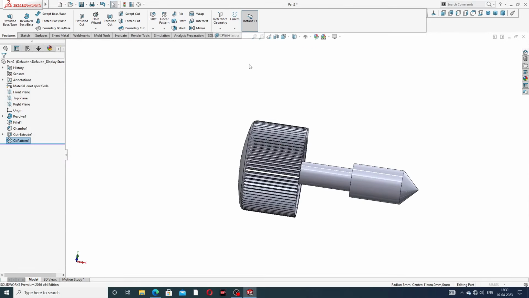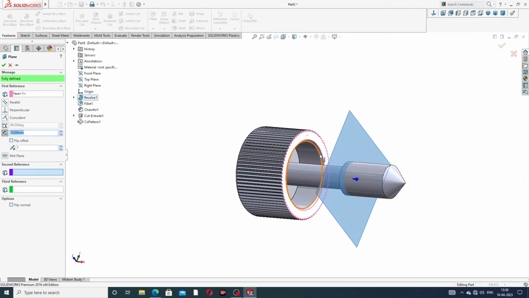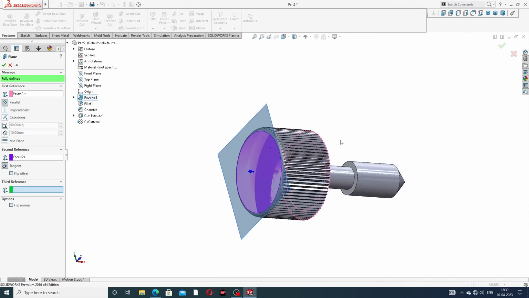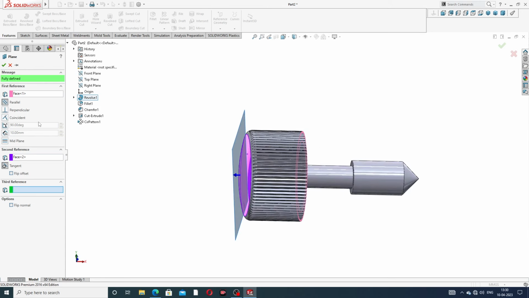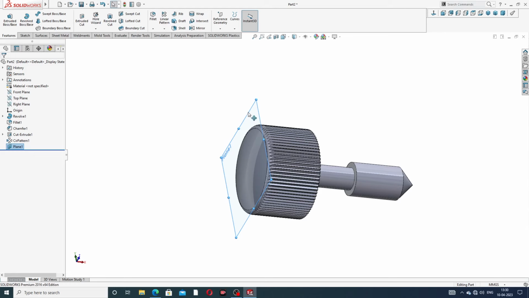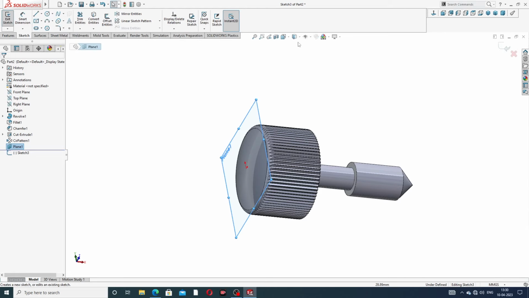Okay, click a plane, select a this and use a this. Okay, and this plane is use a two relation is a parallel and tangent, both is a okay, and select a this line and a sketch normal,